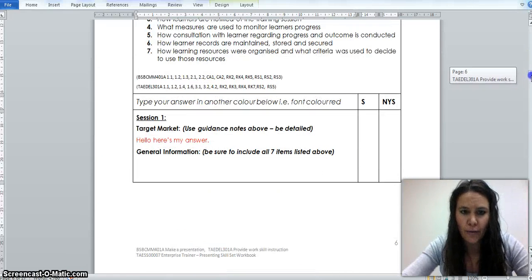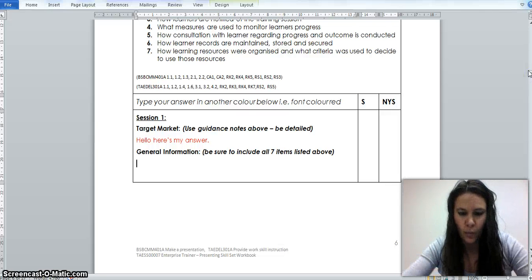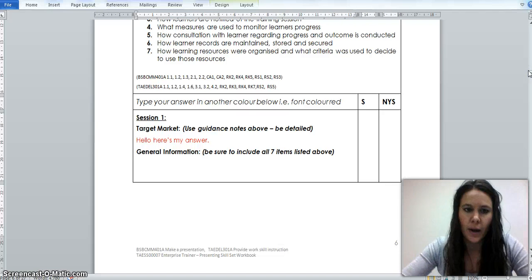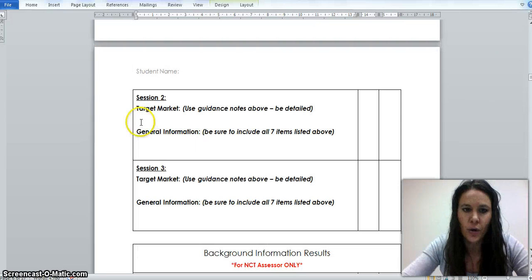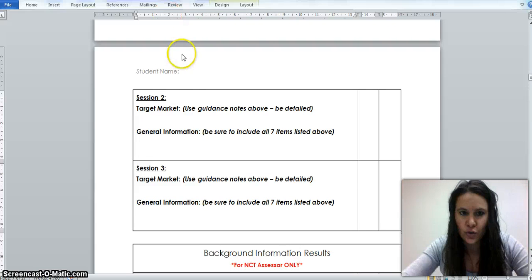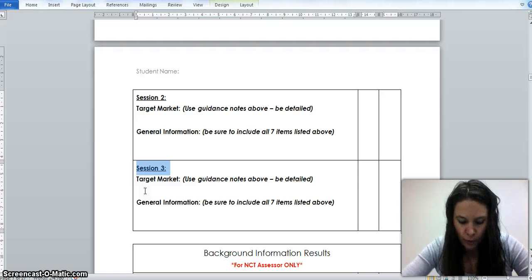So if you're teaching math, do class period 1 and then class period 2. And here you'll explain who is class period 1 and general information about that class. And then in session 2, who's class period number 2 and general information about that class. So there's 2 different cohorts. This third one is not one of your classes. This is a one-on-one session with an employee or a coworker. So for example,